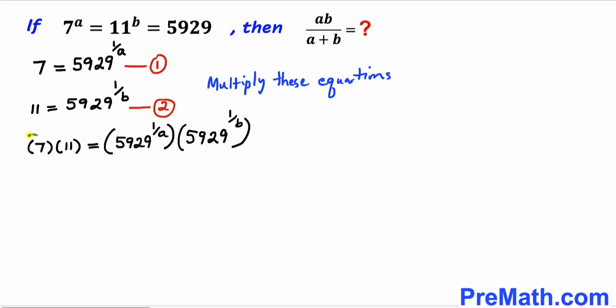And now we can see 7 times 11 is going to give us 77. So therefore we can write down 77 is going to be equal to